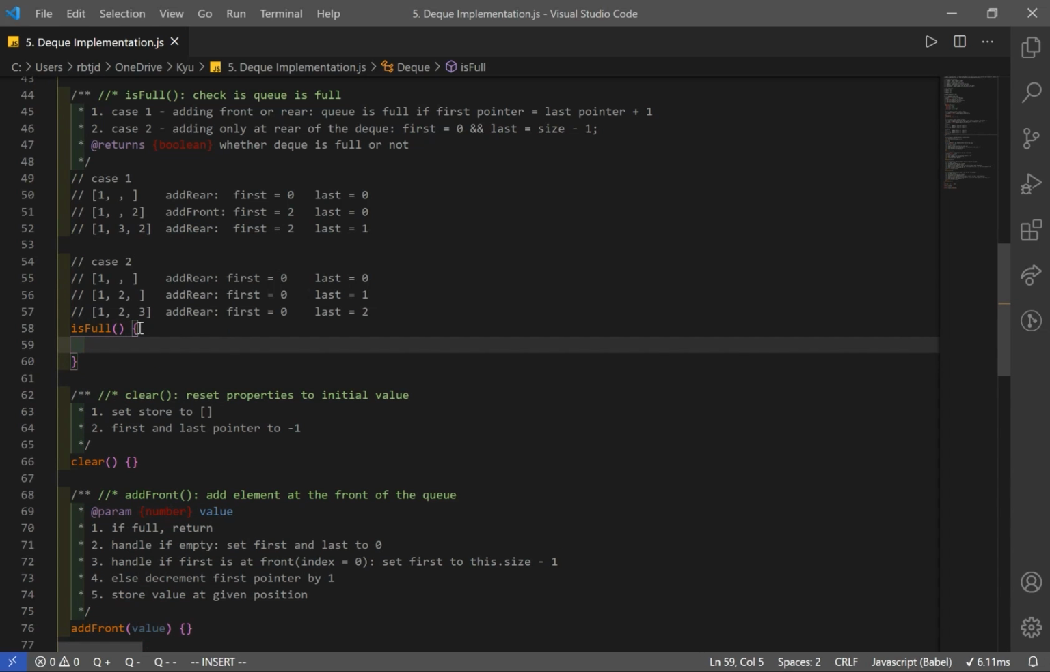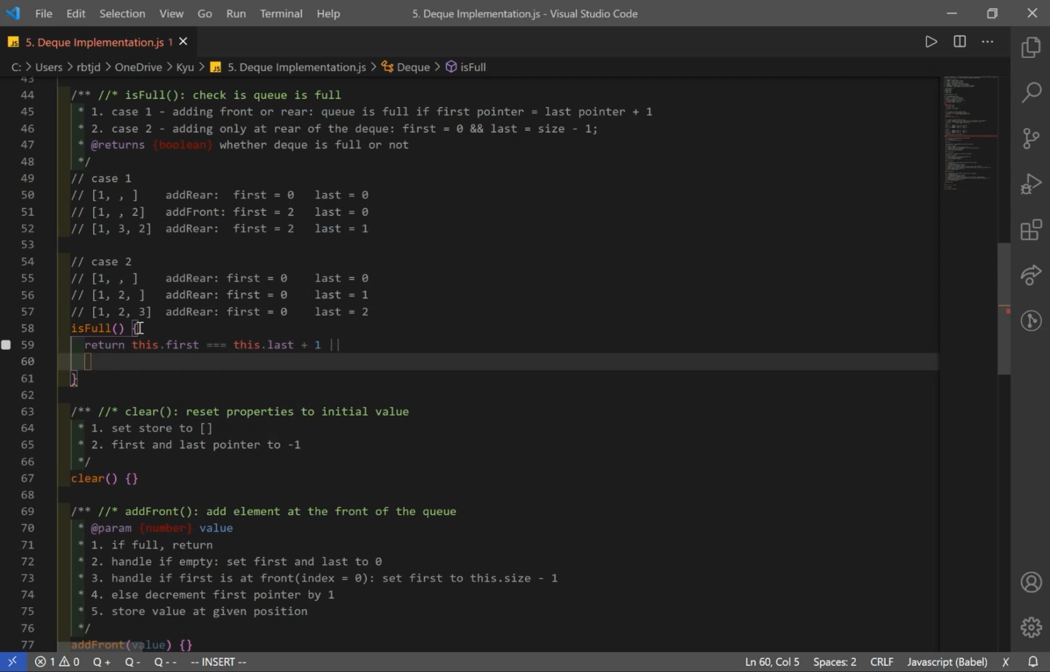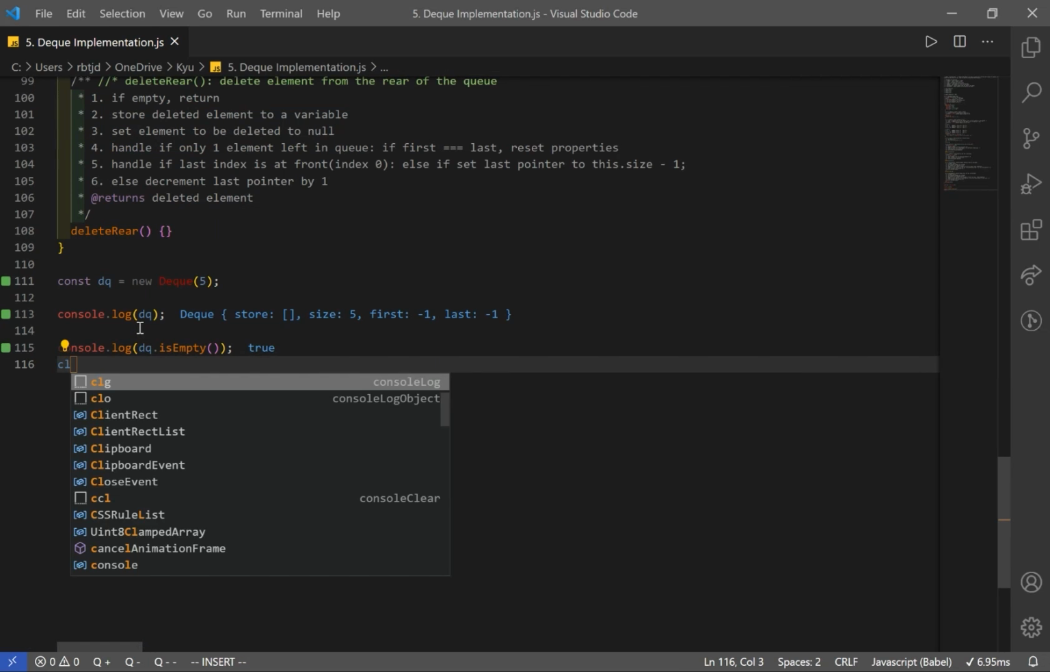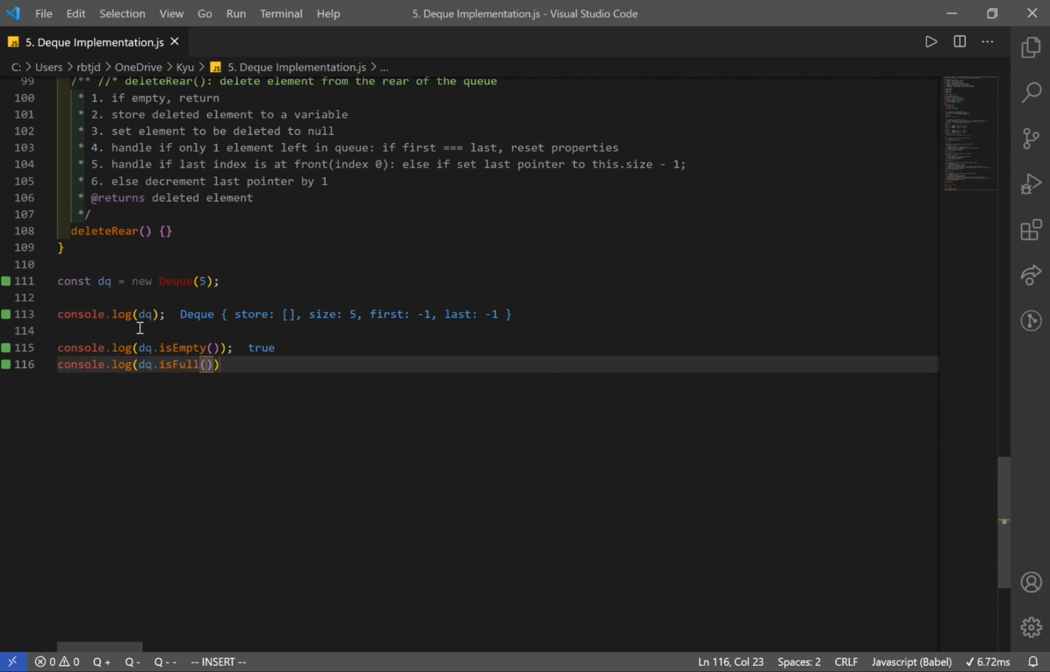Our solution itself is going to be easy. What we want to do is return, because we want to return a Boolean value, if first pointer is equal to last pointer plus 1, that means that it's full. And there is another condition, which is our case 2. Or if it is the case that this.first is equal to 0 and this.last is equal to this.size minus 1, that means that our queue is full also. Now we can try to run our code. So let's console log deque is full, and that should return us false right now. And you can see that it returned false,